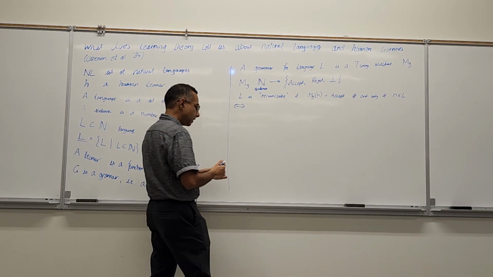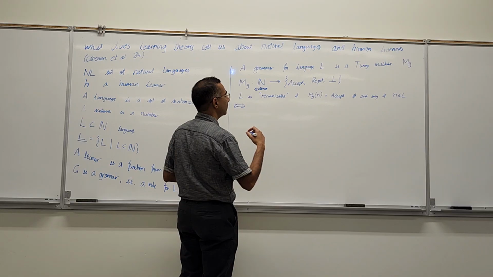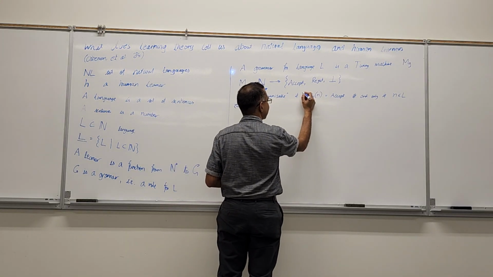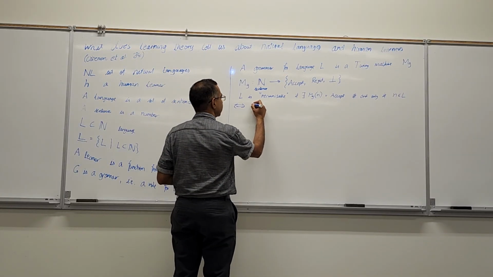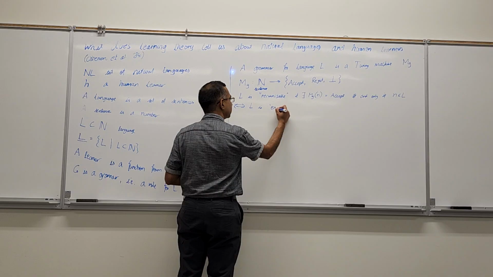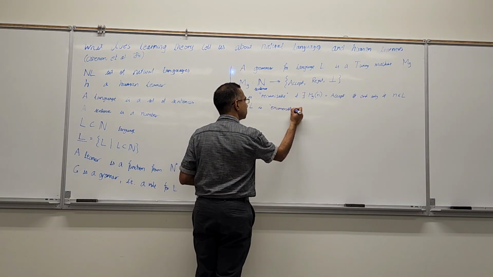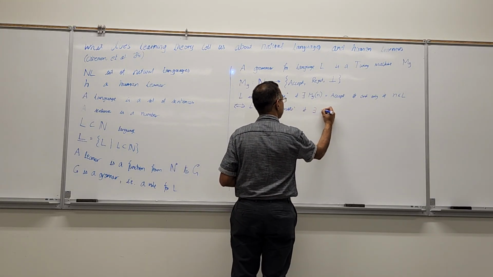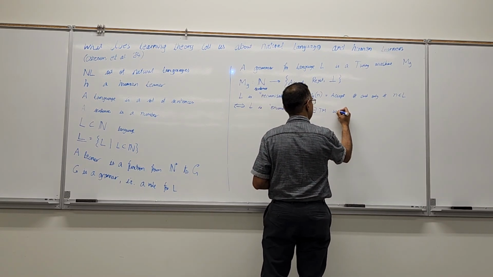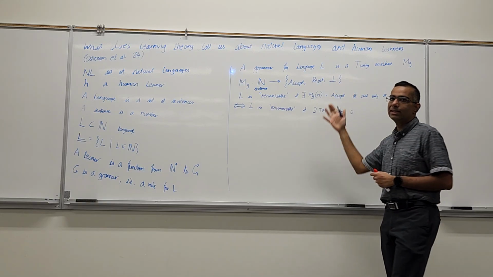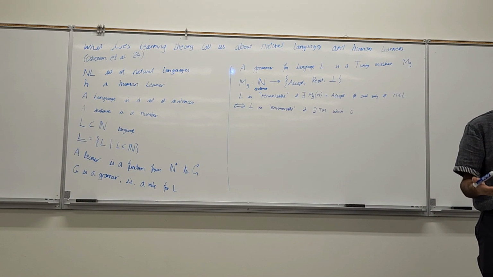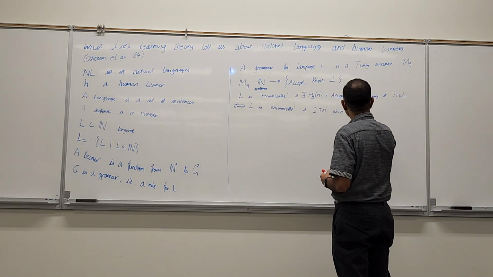Okay, and then equivalently, I should have said, if there exists a Turing machine such that this is true, then the language is said to be recognizable. But equivalently, L is enumerable if there exists a Turing machine which, well, this is a different kind of Turing machine. It's not going to be a Turing machine that says yes or no. It's a Turing machine that's attached to a printer. And the Turing machine just prints out all the valid sentences in the language. Okay? So which outputs